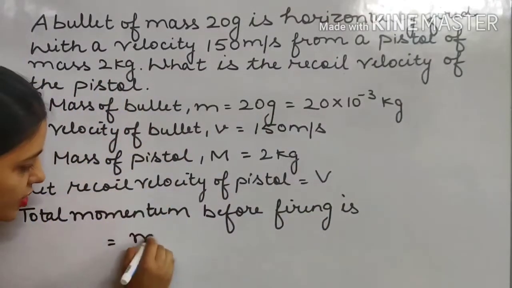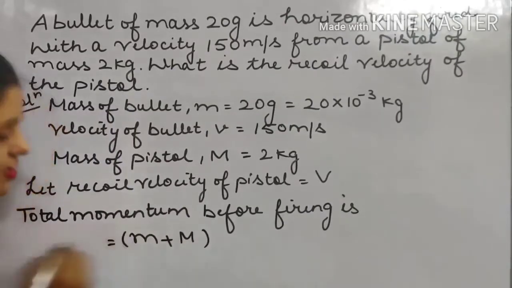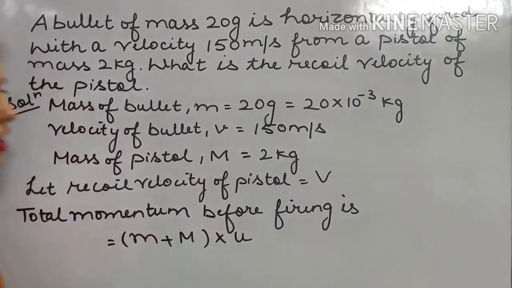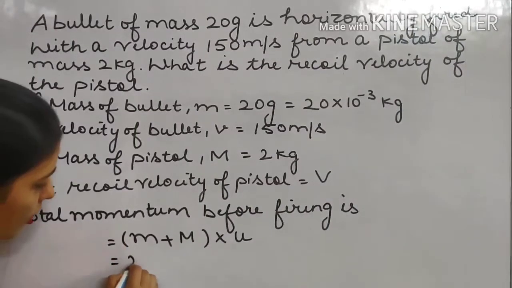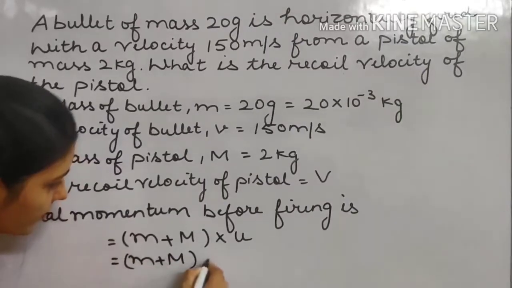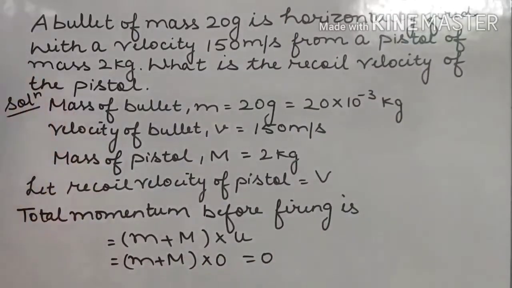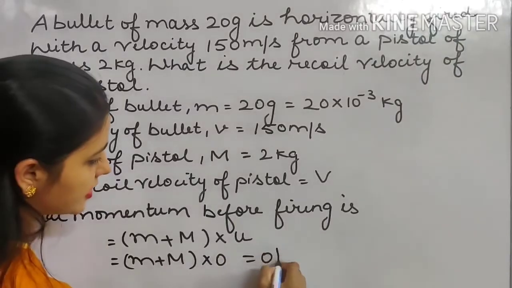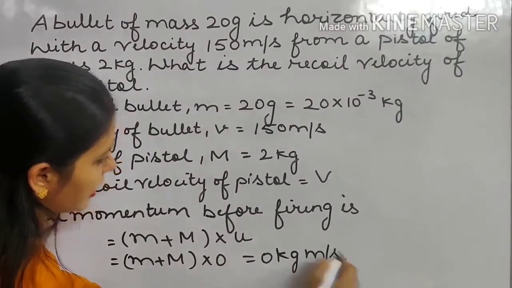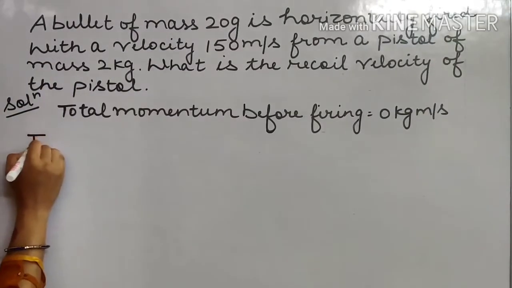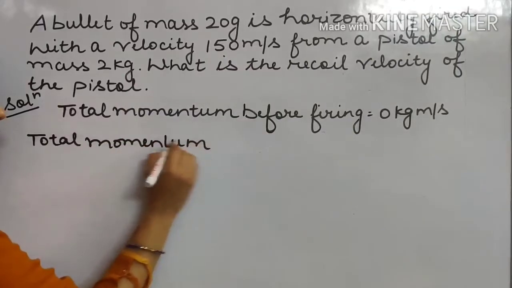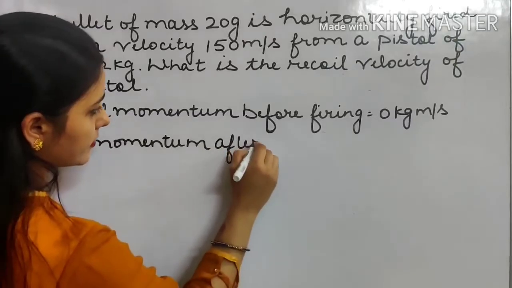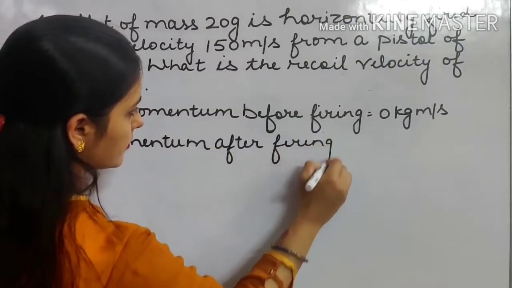total mass, that is mass of the bullet and mass of the pistol, multiplied by initial velocity. Initially the pistol was at rest, so its initial velocity is 0. So total momentum before firing is 0. You can write the units mass kg and velocity meters per second. So total momentum after firing is